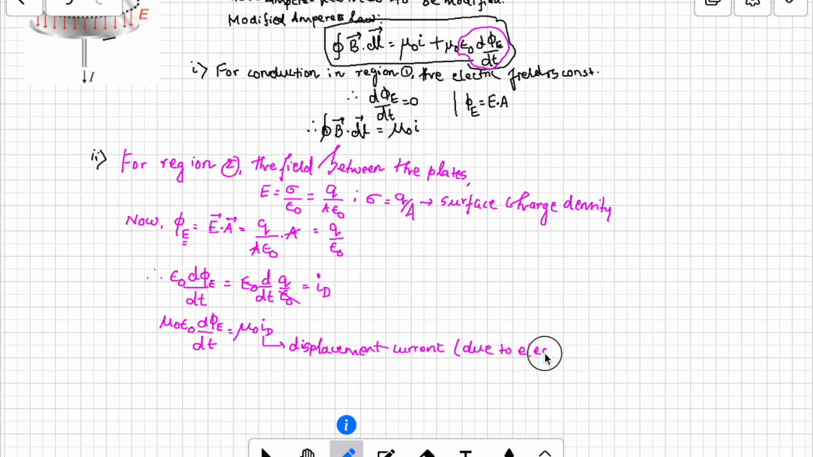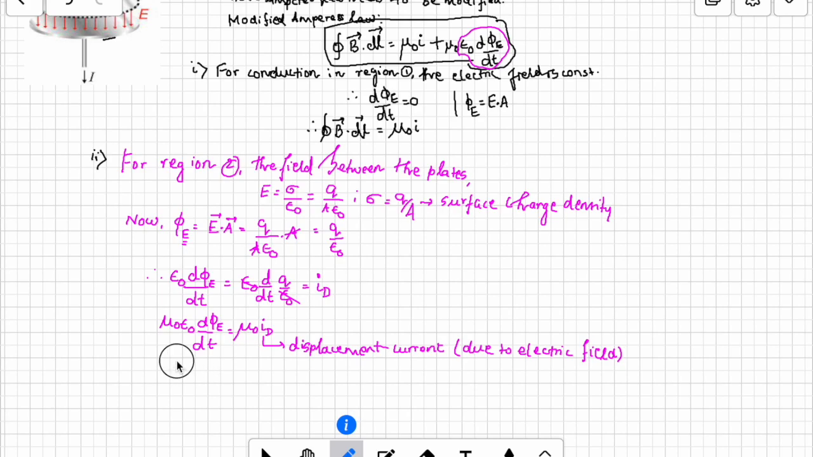The sole reason for this displacement current is actually electric field. Okay, so this is important. So that means we have proved that this is our electric field. So again, if we are